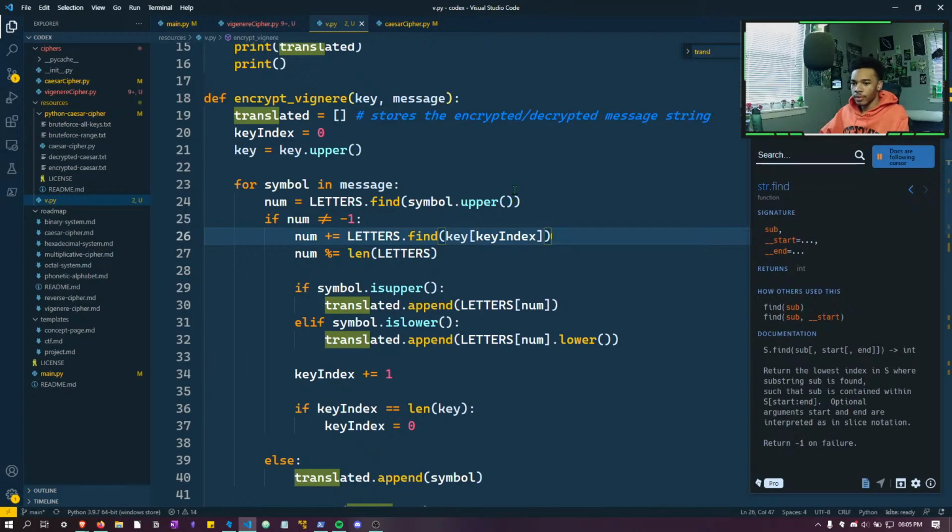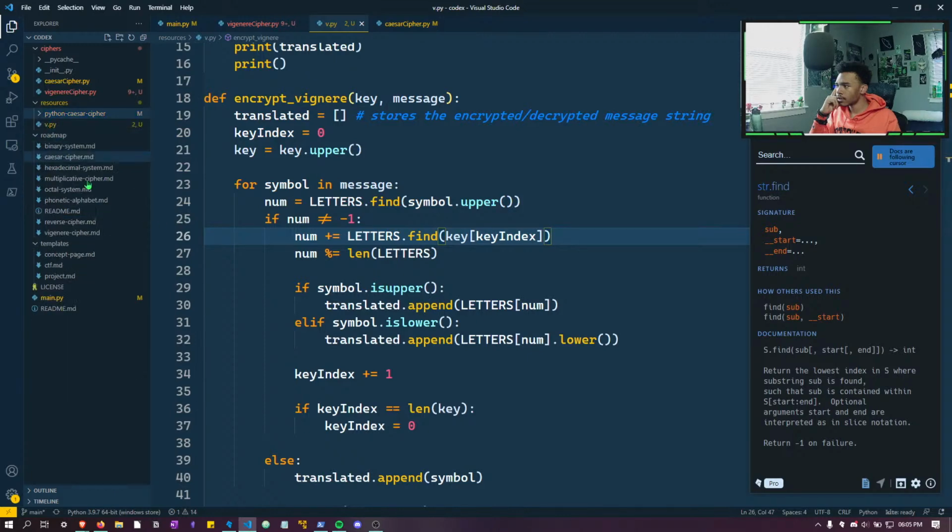Cool. All right. What's next? Cool. I actually don't like a lot of these variable names, but I'm going to modify this whole thing once we put it in our actual Vigenère cipher file. Cool. All right. So